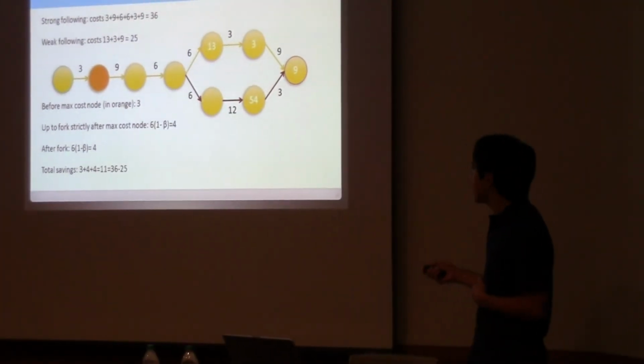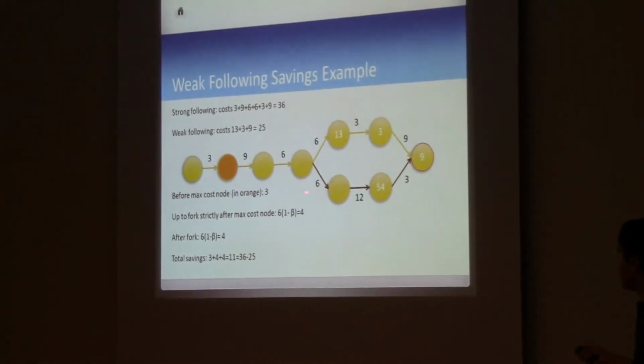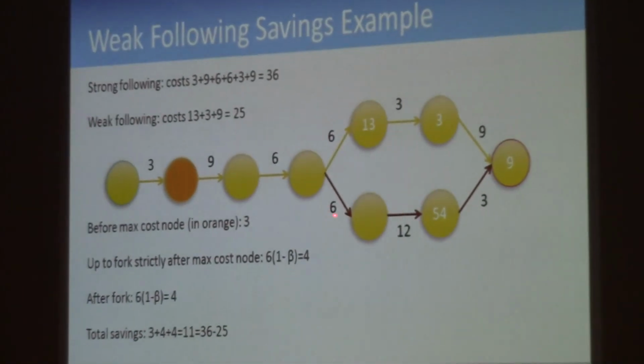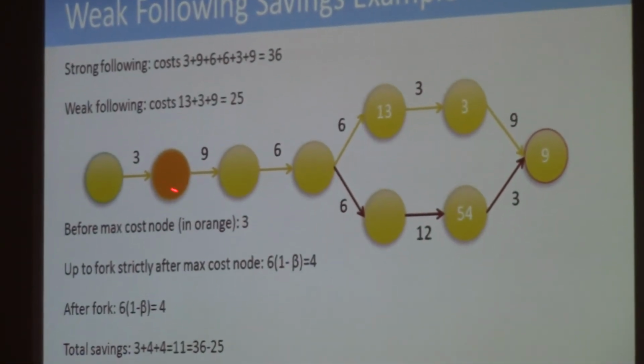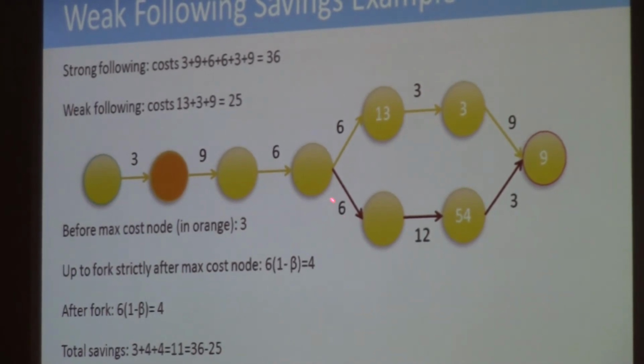Finally, you'll notice that at the fork, the agent actually thinks this cost is now no longer discounted, whereas it was when it was way back here, for example. So it's a little bit harder because once you get here, I feel this cost a little bit more acutely now that it's in the present. So I have to pay a smaller switching bonus to get the switch over here. Not a huge savings, but again, I end up saving some more based on that.